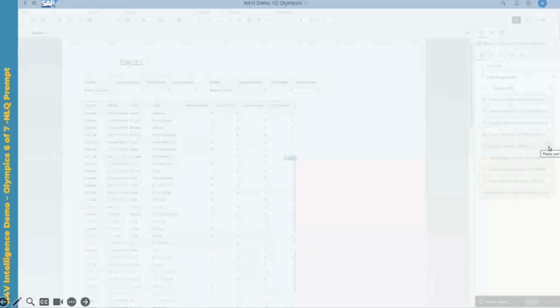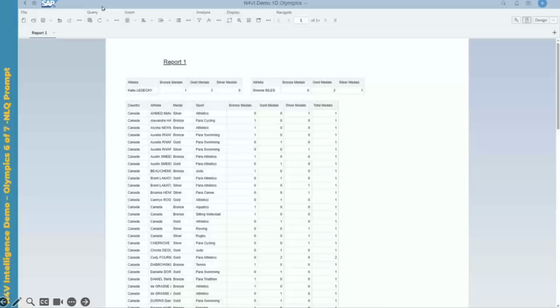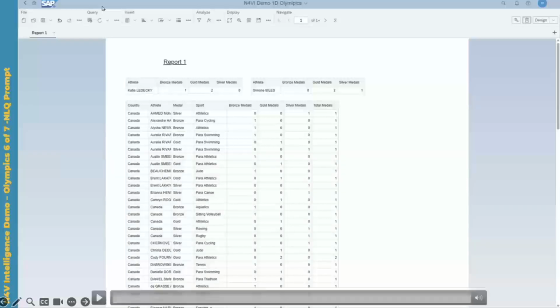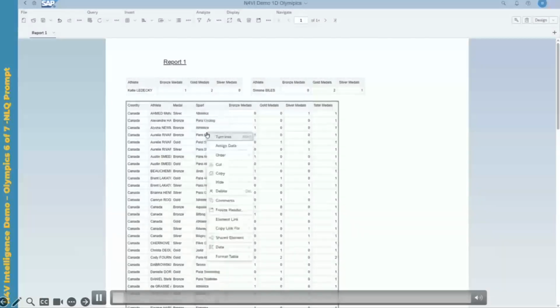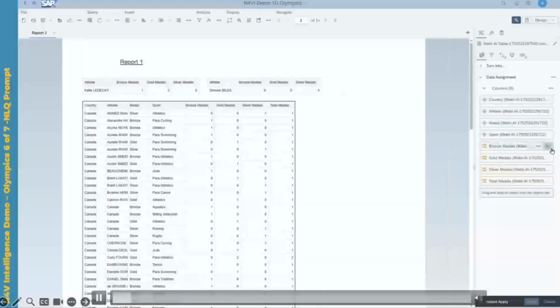So I'm going to use the properties panel and specifically the assigned data. I'm going to remove some objects from the table, and I'm going to rearrange them a little bit. You could also certainly right click on the table to remove columns or to drag and drop and rearrange them into a different order. So again, it's really whatever Web Intelligence skills that you bring to the game